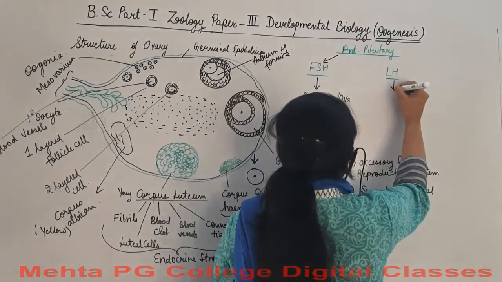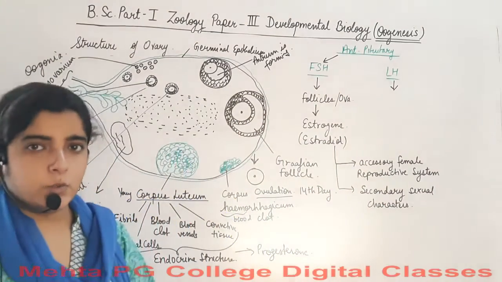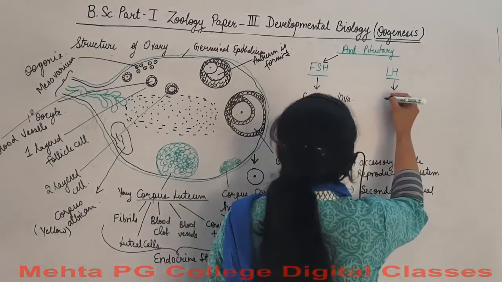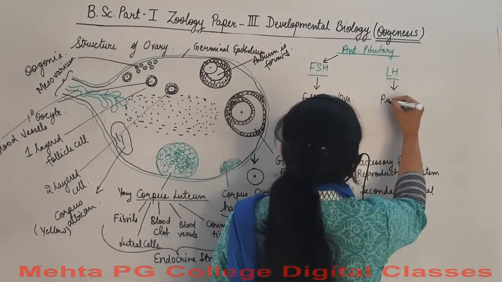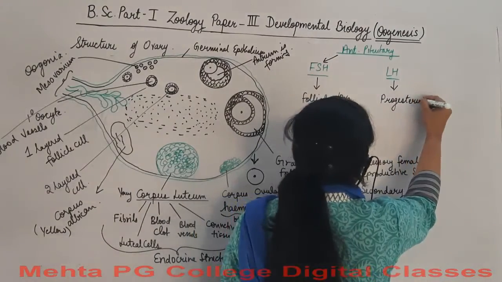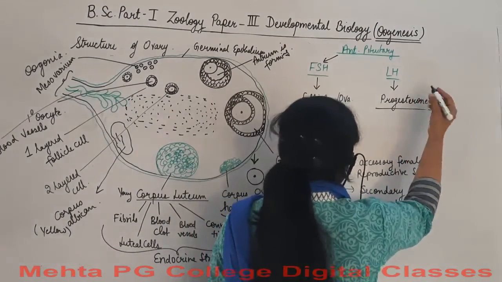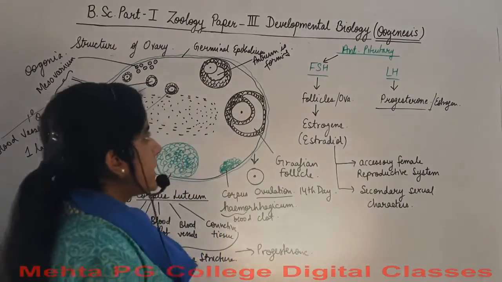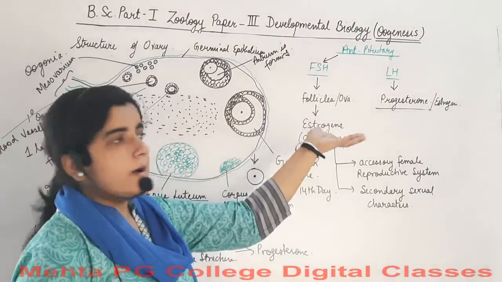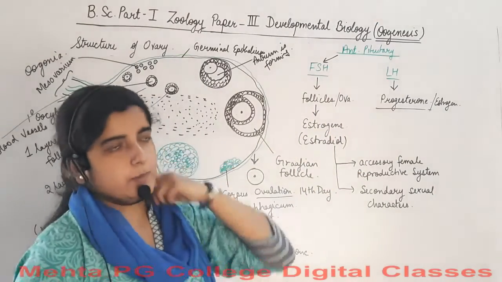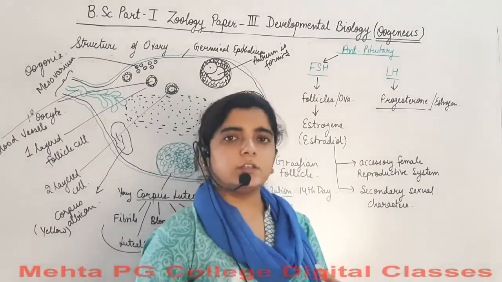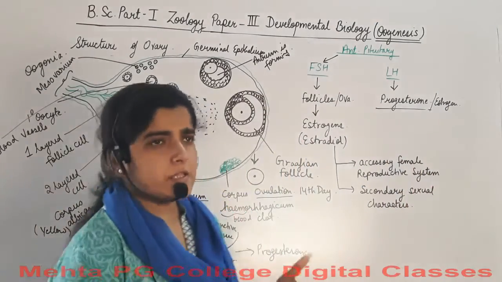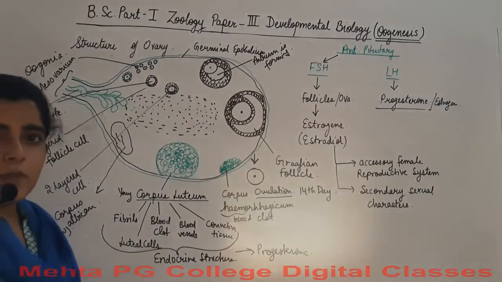Now when we talk about LH, it is luteinizing hormone and it helps in the release of progesterone during the time of pregnancy, as well as estrogen. So FSH is directly maintaining follicles or ova, and LH is maintaining the hormonal level, mostly the progesterone level, during the time of pregnancy. And without pregnancy, estrogen is present in the female's body, which is controlling all the female functions and